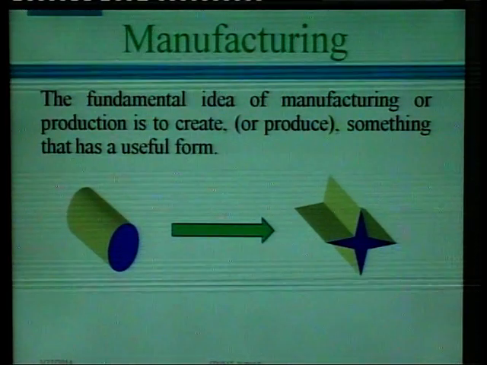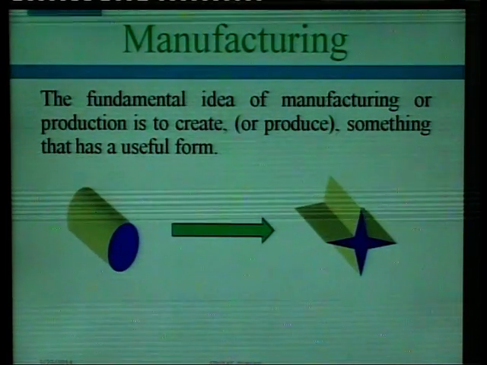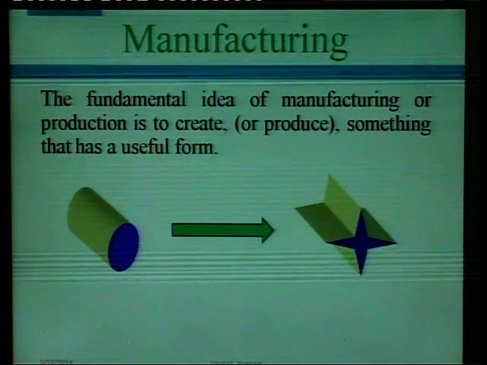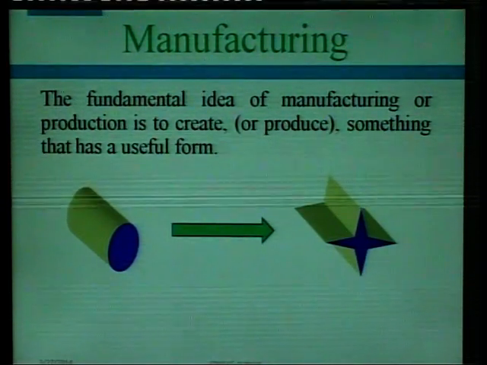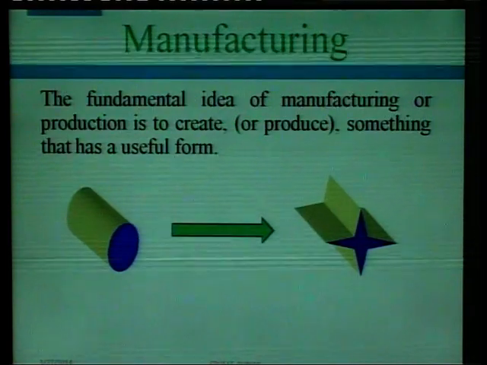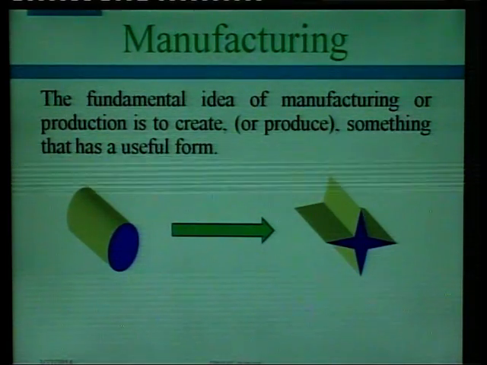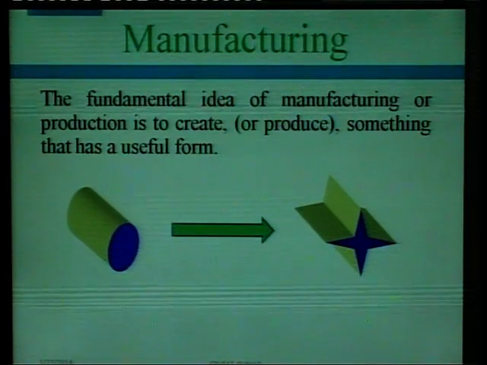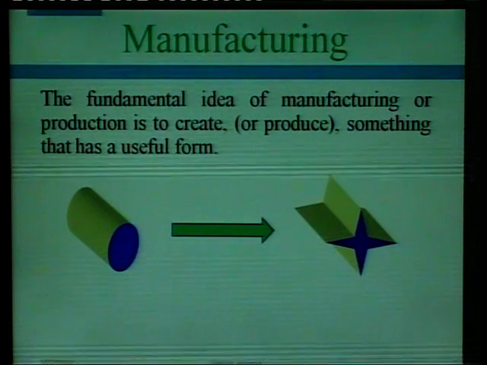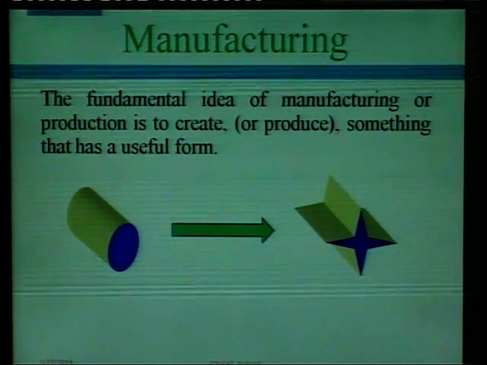So in manufacturing, we have the raw material, and from the raw material we convert it into the useful final product by doing some processing on it, by doing some operations on it. On it means on the raw material. Only then can we convert the raw material into the finished product. We know each and everything.